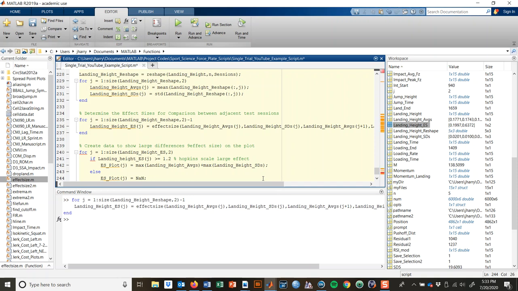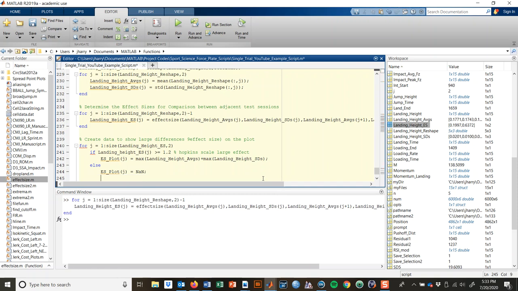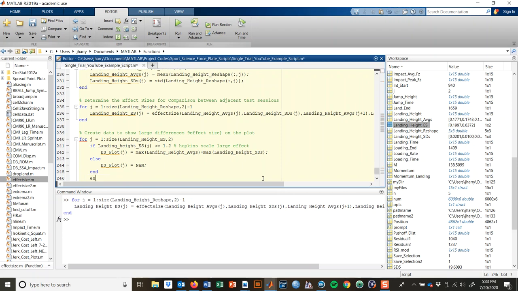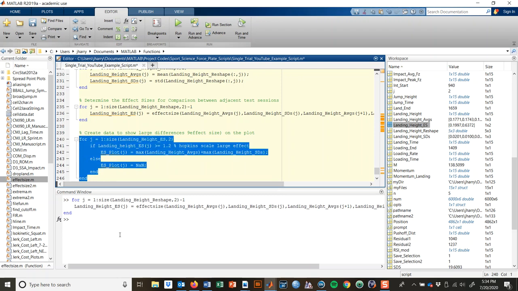So if I try to plot a NaN, we've seen this in the first series of figures, it's going to be a blank or empty on the bar. So now I'm going to hit enter and then end. That's going to end the if statement. I'll hit enter and end, and that will end the for loop. Okay, so if I were to run this line,